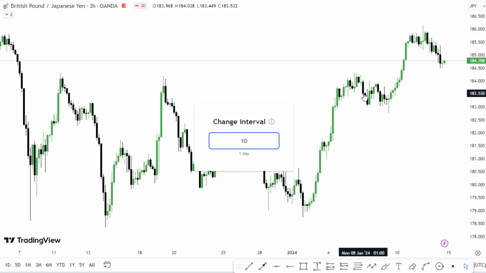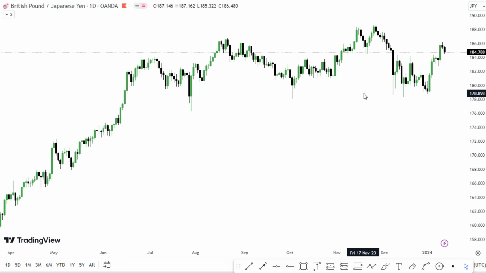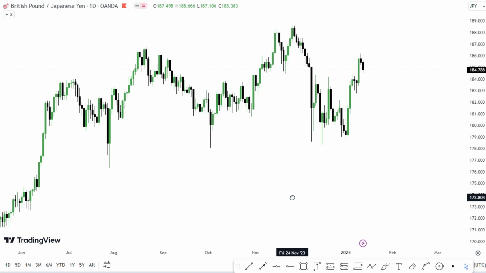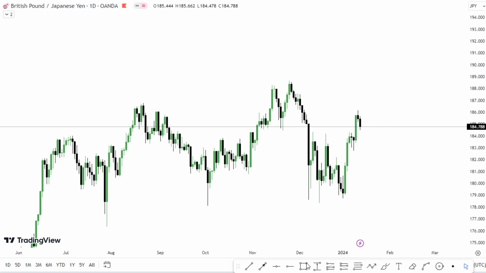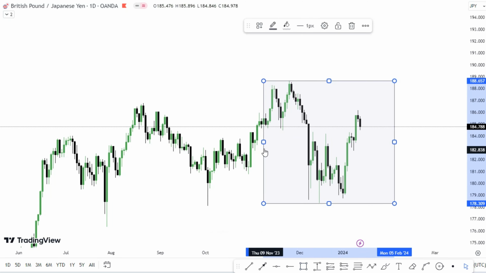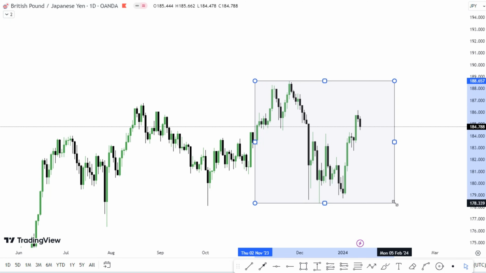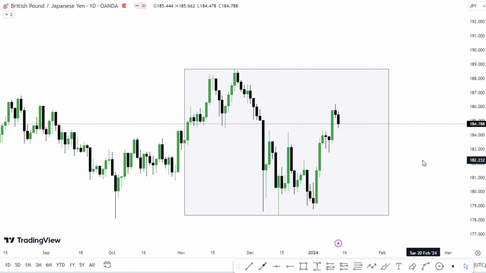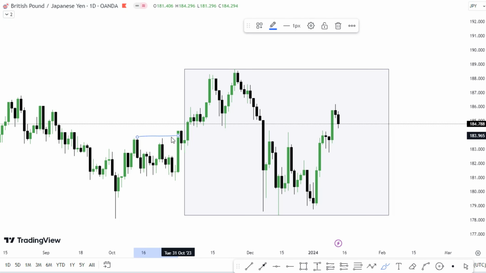So I will just do a simple top-down analysis on GBPJPY, starting with the daily time frame. On the daily time frame, I will show you the area of concentration, where we have to be concentrating around these areas here. This is our area of concentration while doing an intraday trade. On the area of concentration, we had what we call a clean upward trend around these areas here. Why? Because the market kept breaking the previous highs by creating new higher highs until the market tapped the